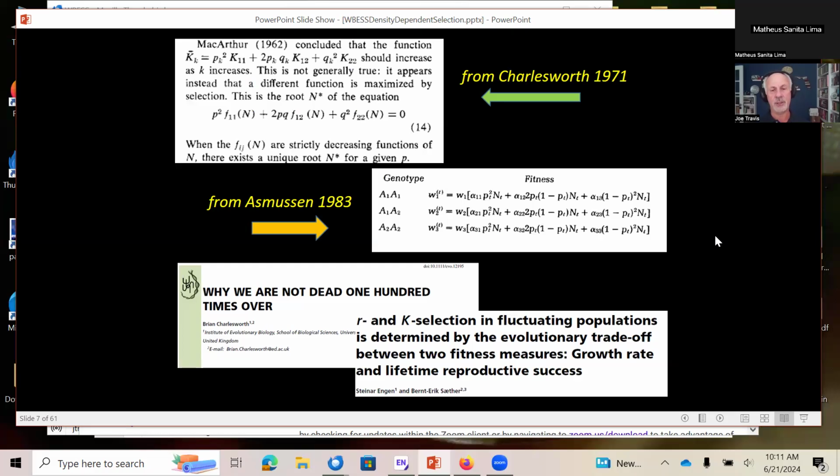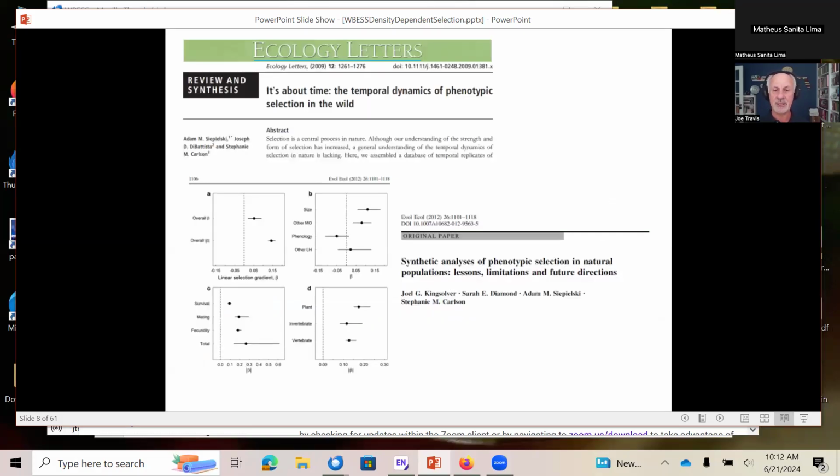A lot of the work has been based in theory. It has proven to be a rich vein of theory. However, empirically, it's not there. And if you look at these big summations and reviews and meta analyses of phenotypic selection, for example, by Adam